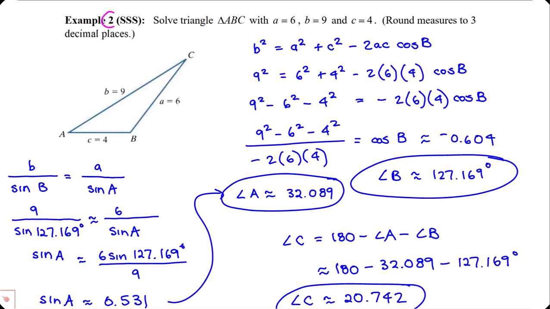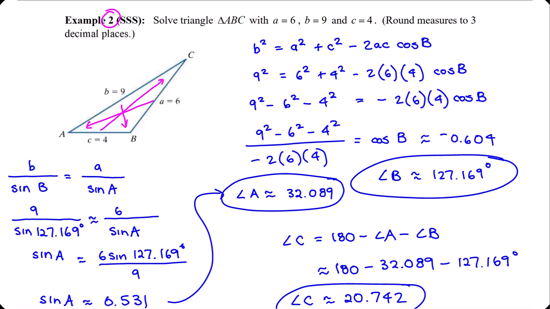So here's example 2, and also notice we have a side but not the opposite angle, a side but not the opposite angle, a side but not the opposite angle. So here's where law of sines will not work. What's nice about the law of cosines is it'll take care of itself as to whether the large angle is acute or obtuse. What will happen is if the angle is acute, the cosine value will be positive, and you'll